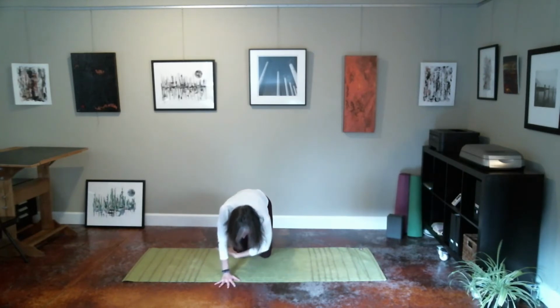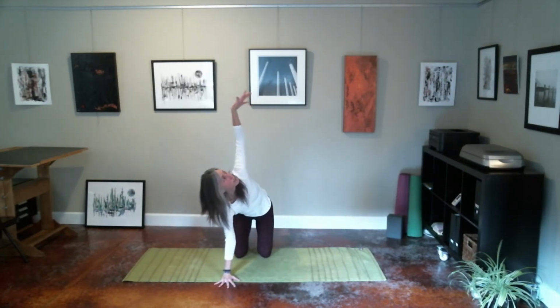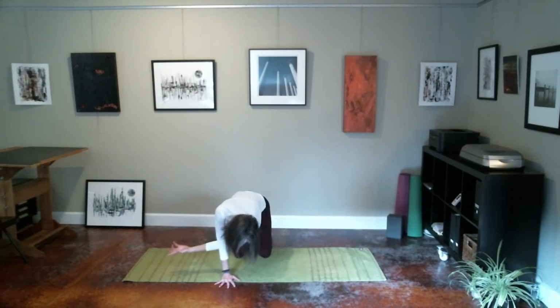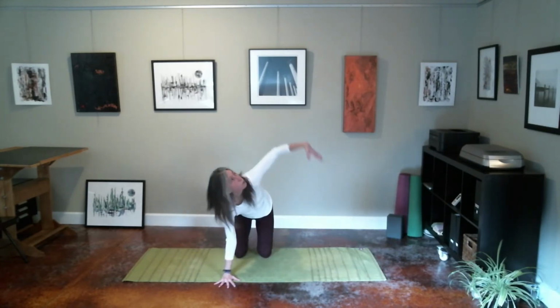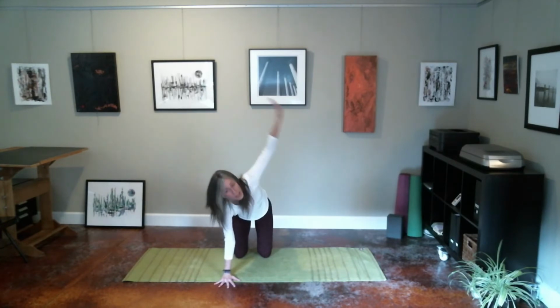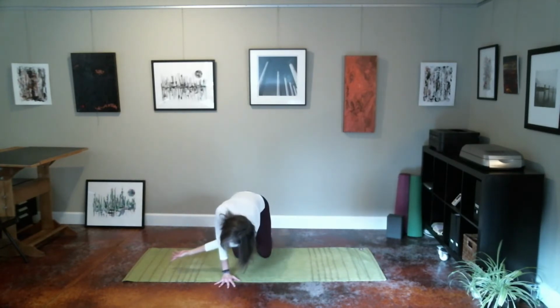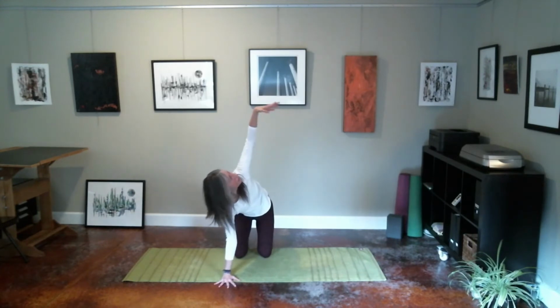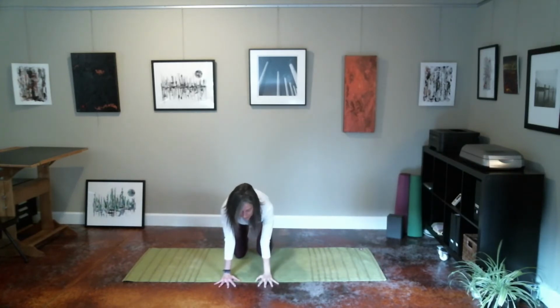And let's do that again. Inhale to open. Exhale and thread. And inhale, open. And exhale, thread. And now as you inhale, open up. See if you can lift that gaze also. And then as you exhale, lower that right hand down, coming back into your table pose. And let's switch